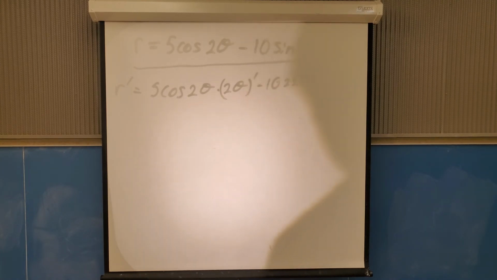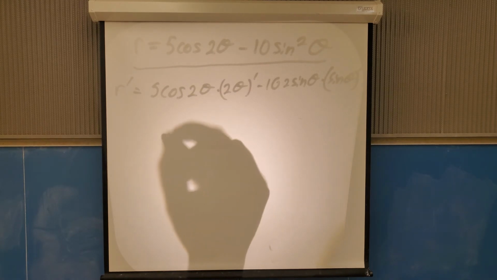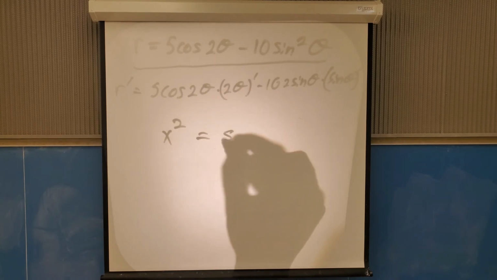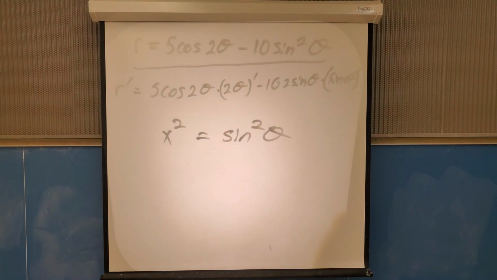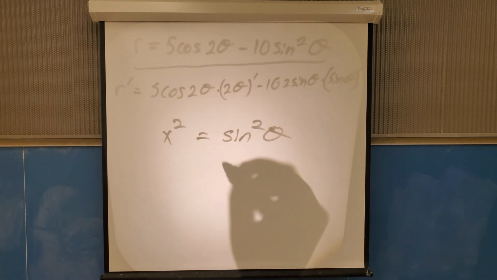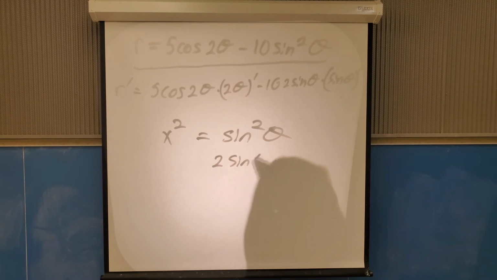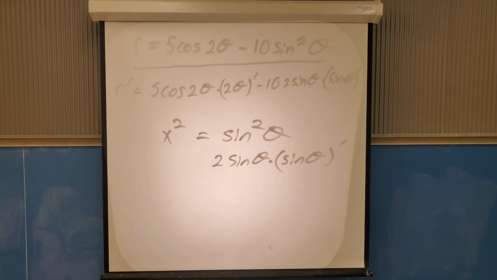Now, a similar process is there for sine theta, however it is different because we will be treating sine theta similar to x squared. And because of this, we will be doing the derivative of sine squared theta, which is just 2 sine theta times the derivative of sine theta, which gives us